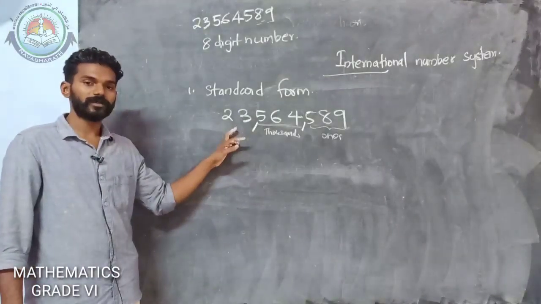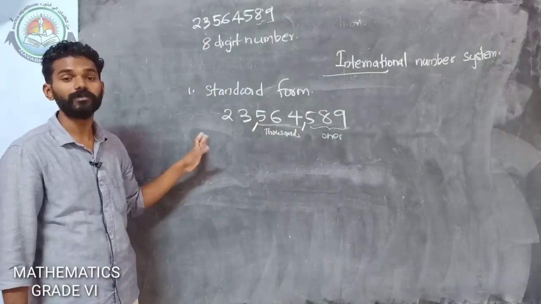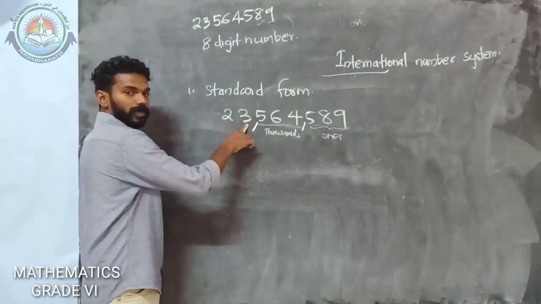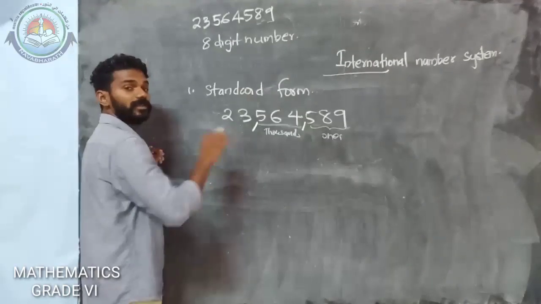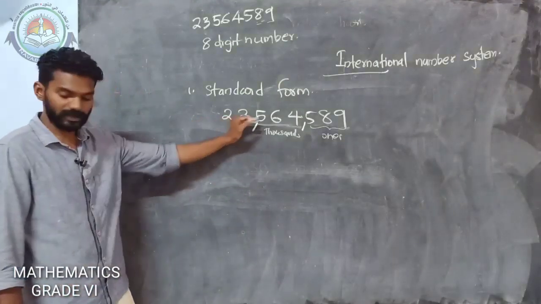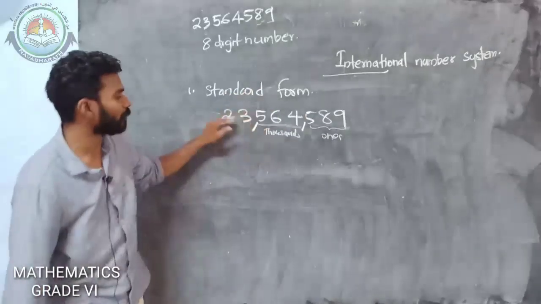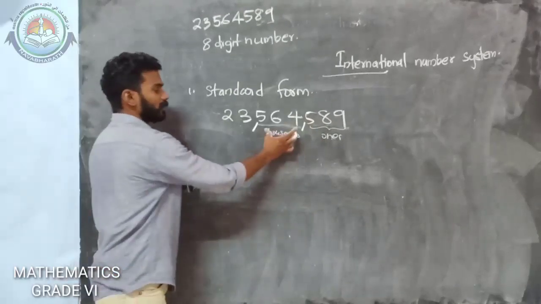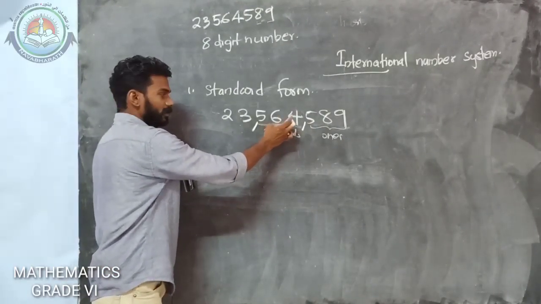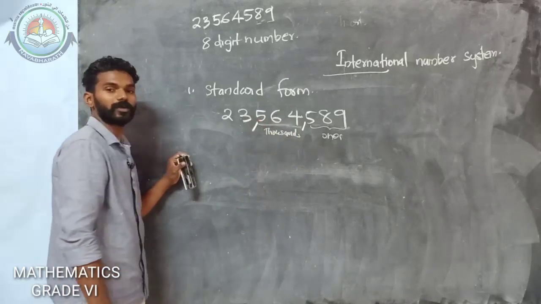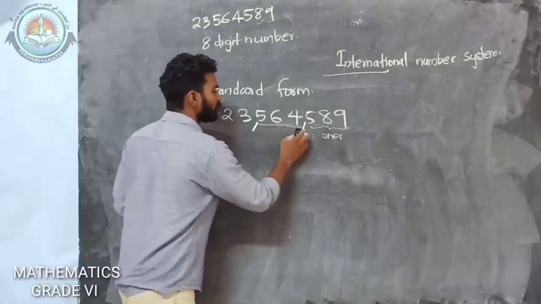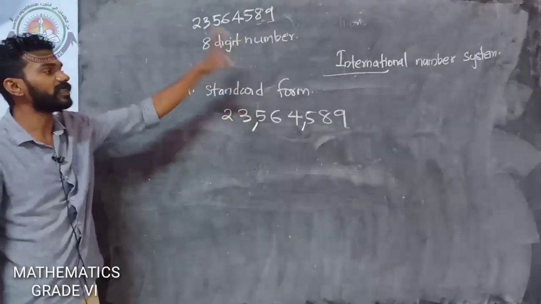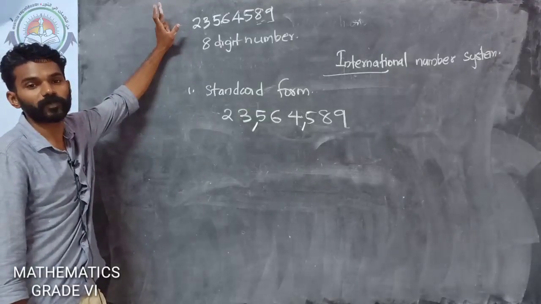These 3 represent the period of thousands. Thereafter, in the international number system, the next period is millions. So this would be millions, and this place represents 10 millions. So the standard form of this number would be like this. Once, thereafter a comma, after the period of thousands, considering 3 digits, you have to again put a comma. So this would represent the standard form of the given number in the international number system.